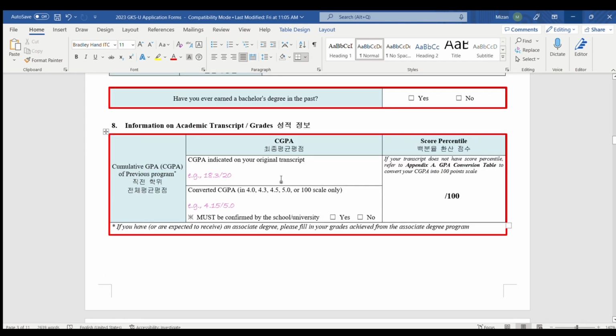So this part of the application might be confusing. This is actually a new edition. Before it was not there. So what they mean is, there are some countries whose CGPA system is not like this. They have their own CGPA system that is like 20 or 15, 10. So if it is something like that, you have to convert that to this. And then you have to confirm that by your school, and if you do so, you have to click yes and write down the